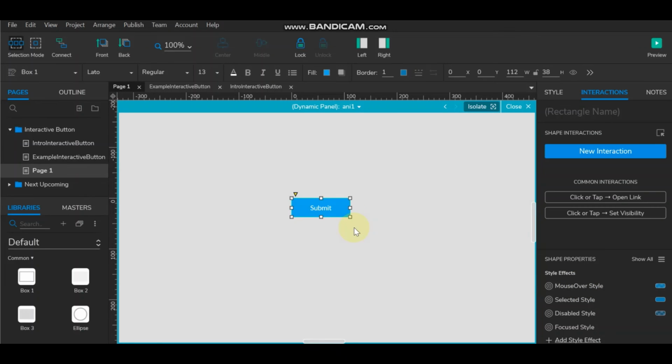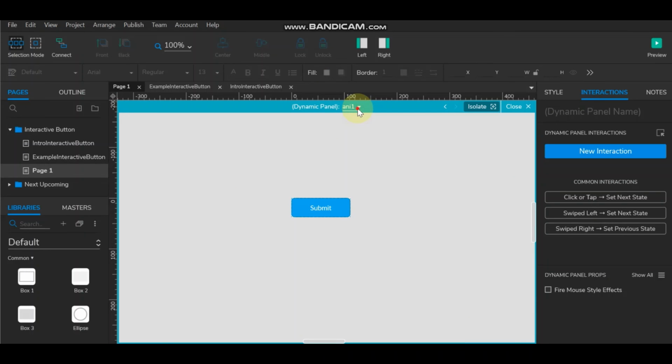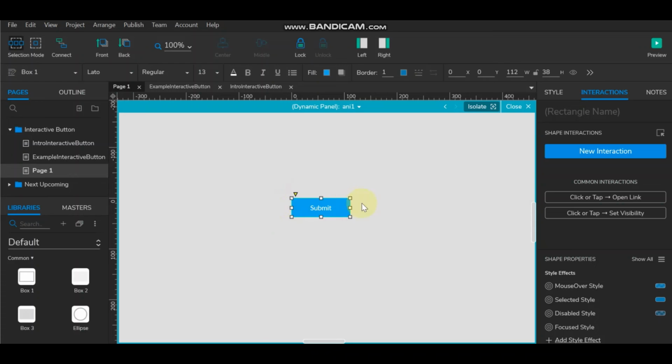So for that you are going to change this mouse over. Yeah, we need to remove this style effect from this, and instead of that we can add some animation, like can change this color